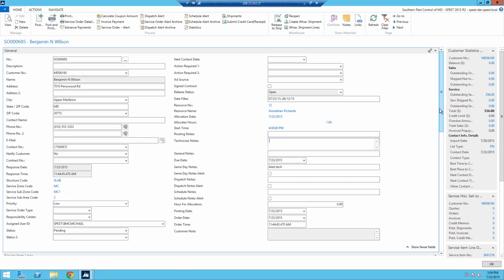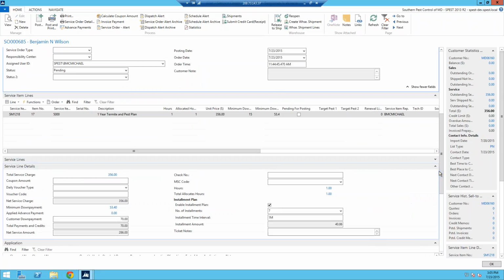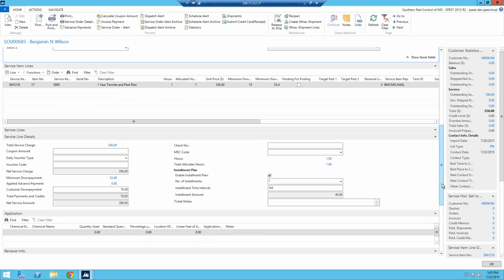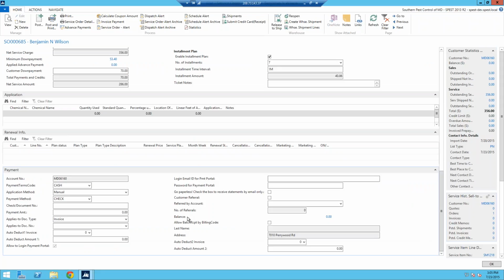So why don't we do one more? We'll practice with this. This is the last one I think that we have. And I want to test this because this wasn't working properly before. Go in with this one and do a credit card payment to pay the whole thing. All right. The total price is $356. And